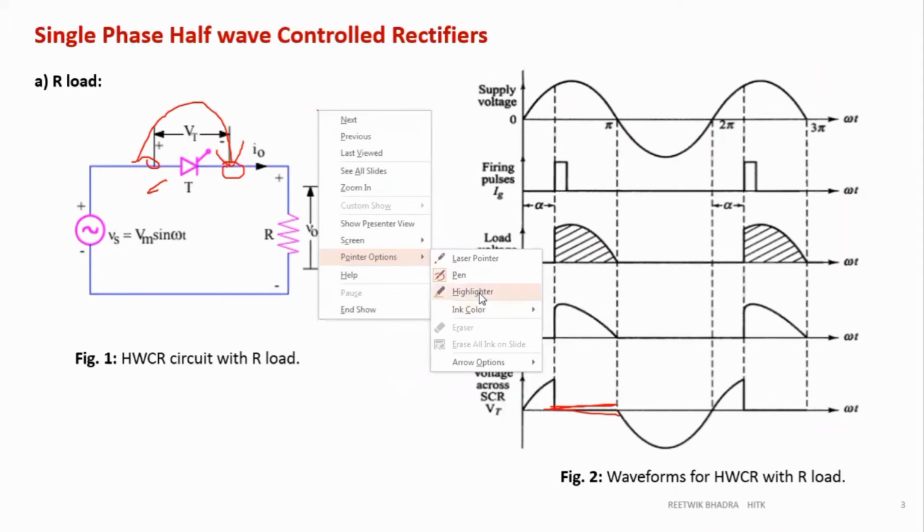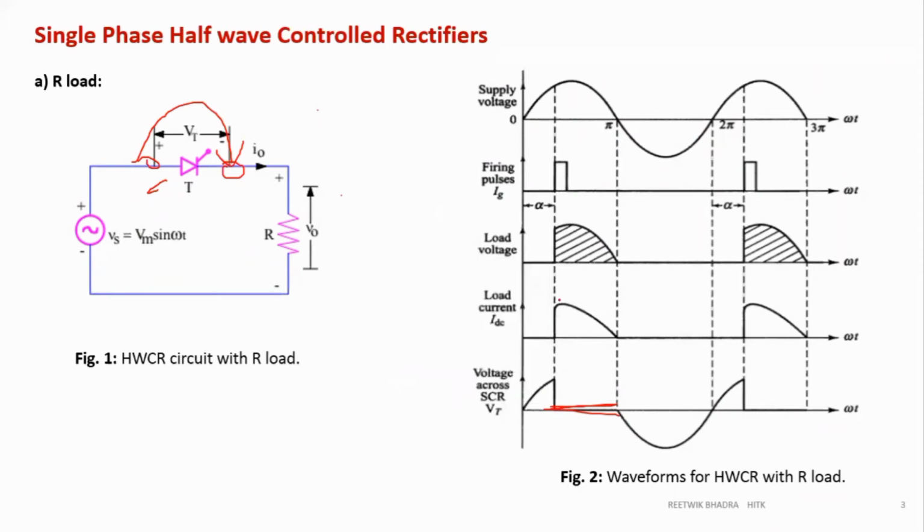You can see which one is easy for you, and you can follow that method. Okay, the second method. For me, the second method is a little bit easier, but the first method is also very easy. But you have to understand the potential difference between 2 points. For me the second method is easier because I just apply KVL in this circuit.